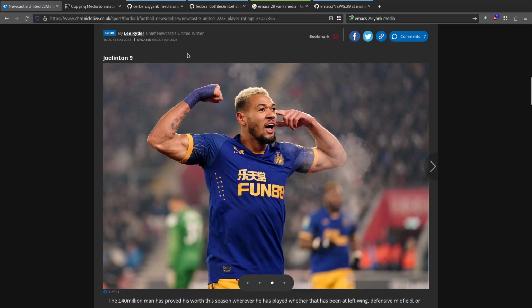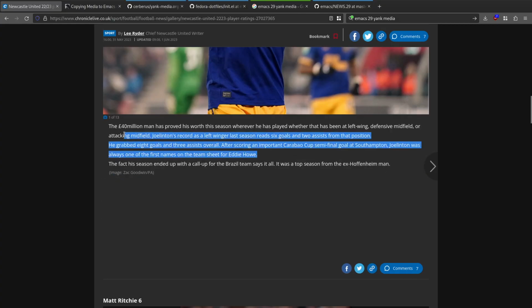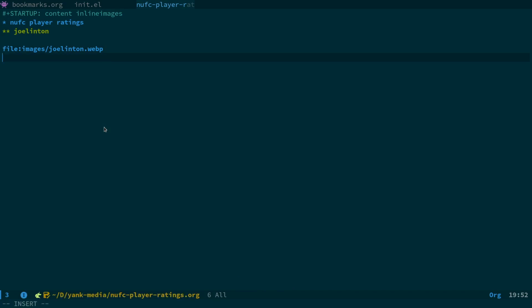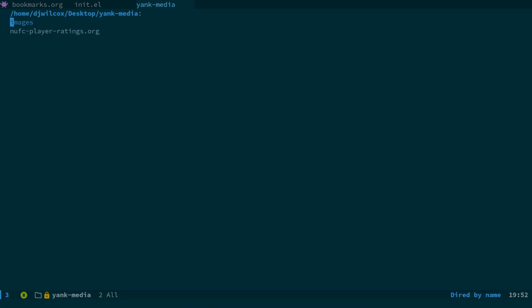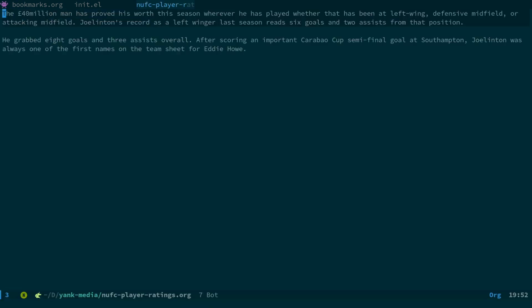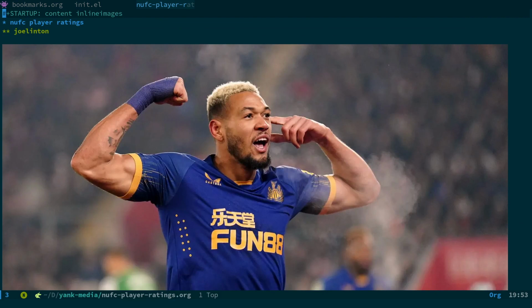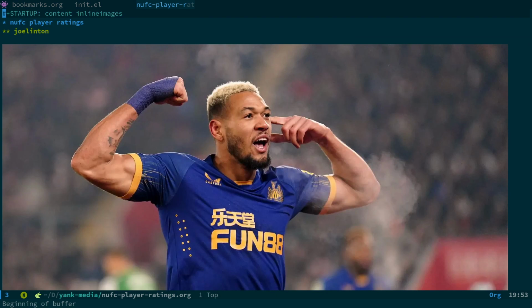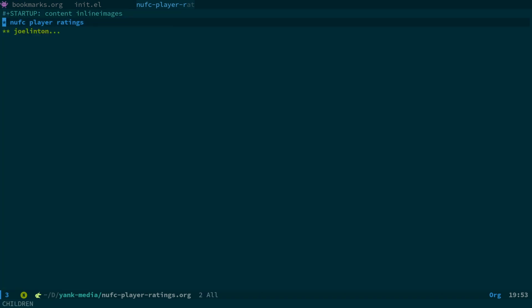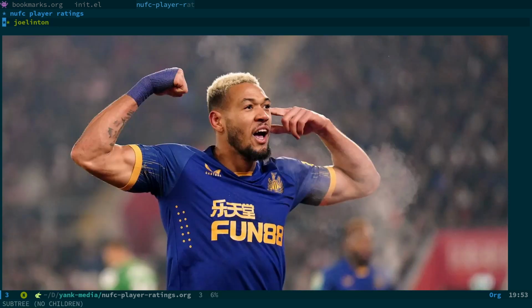What I'm going to do is actually just come across and copy the text just to give it a more sort of realistic article feel. Now if I close this file and reopen it, what will happen is the image will automatically be displayed here. So you can see we've got the image and then we've got the text. You can also, I believe, set the default size for the images in an org document, so that's another thing to look into. What I'll do is just rattle through and create some new headlines and show you this,